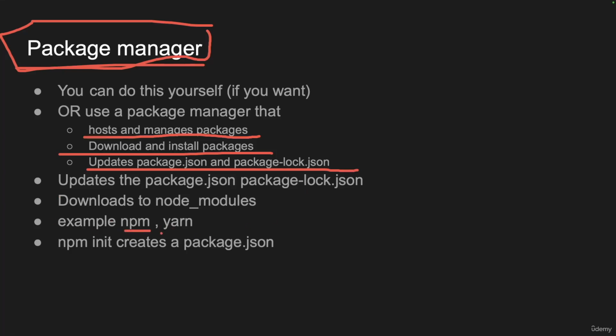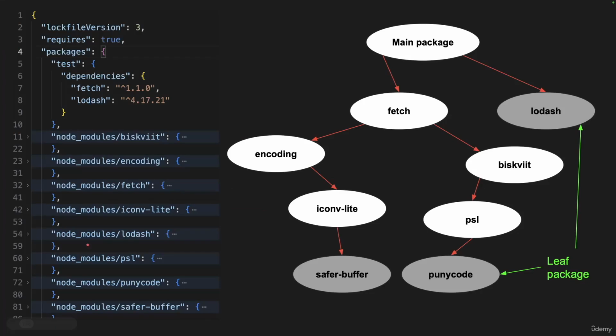So examples are npm. Of course, I'm going to use npm. It's the OG, right? And download the node_modules. And yeah, we're going to do init. npm init creates a brand new package.json if you don't have any, okay? Because again, npm stands for node package manager, right? And package.json is a thing that describes a package, which you don't have by default. You create it from thin air. Here's an example.